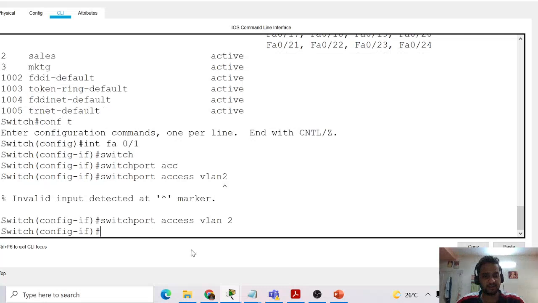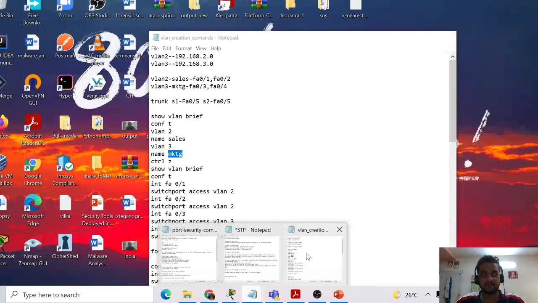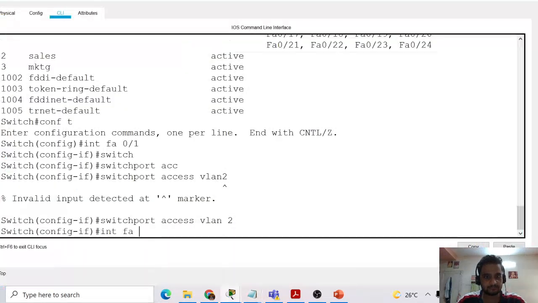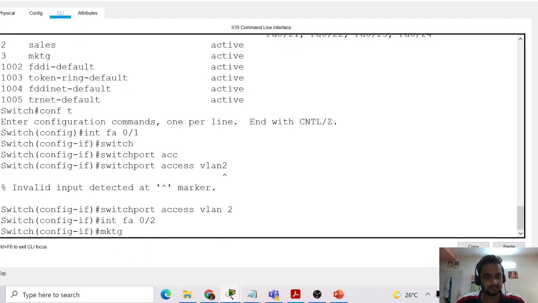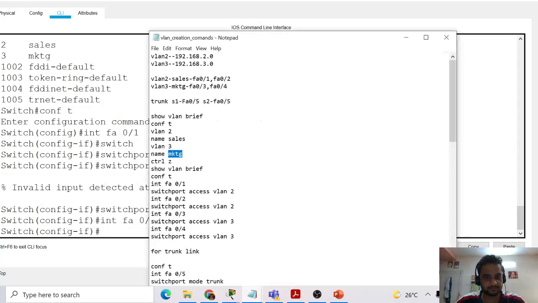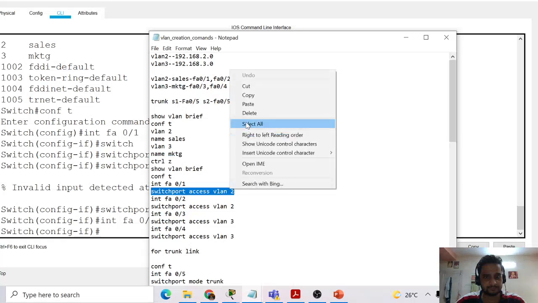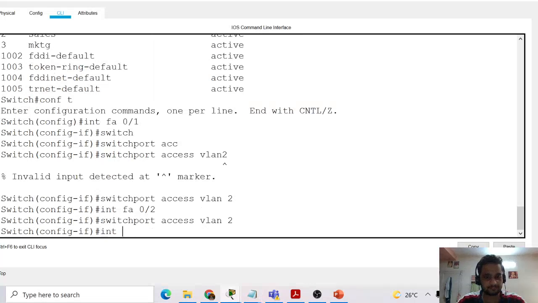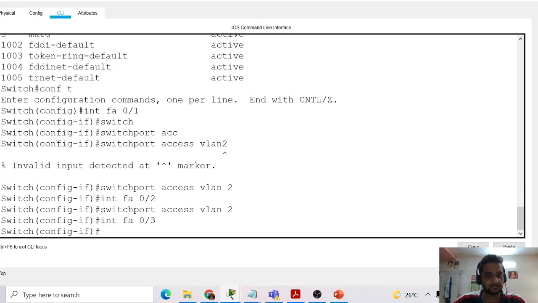That's the reason we are making it access, because whenever we are transferring data between the switch and PC, it should be access. Copy this. I'm going to make it VLAN 3.